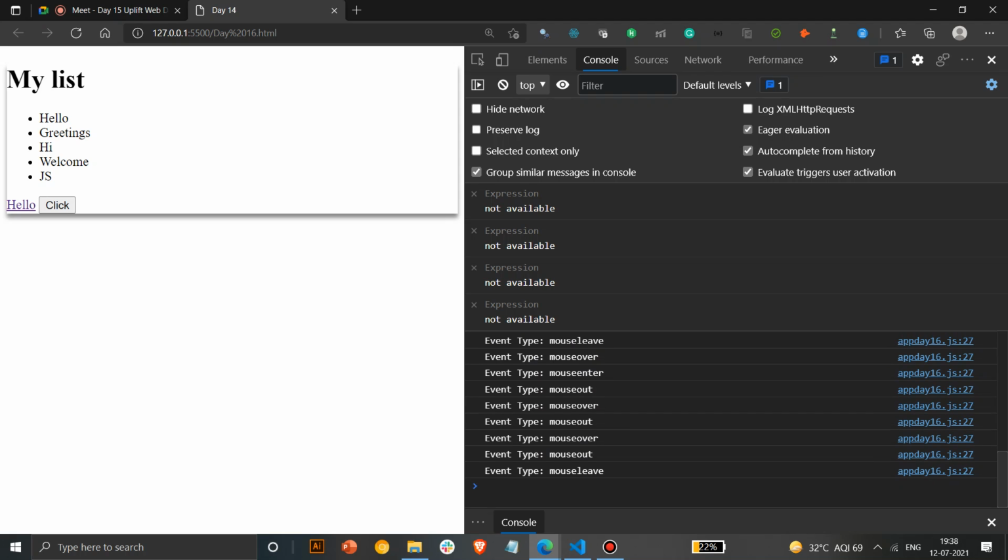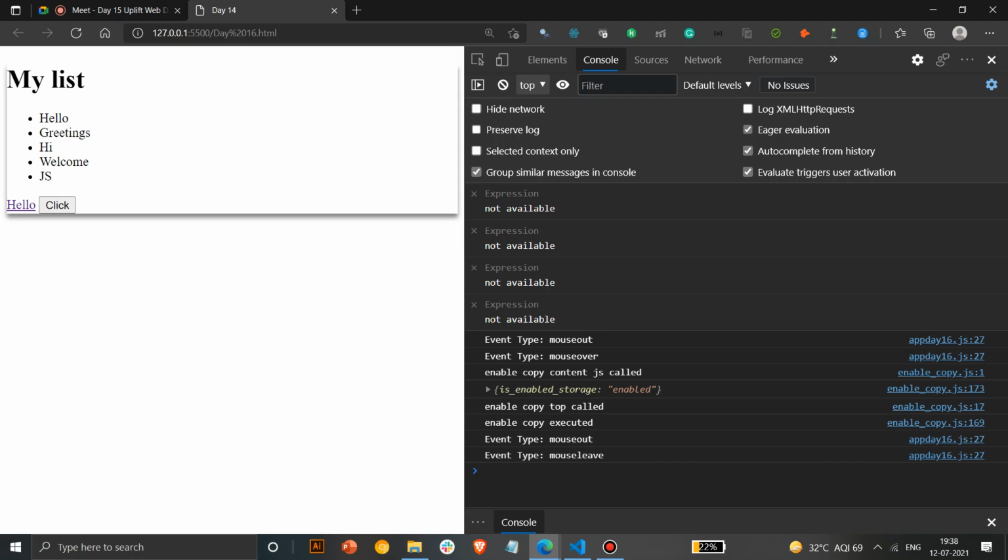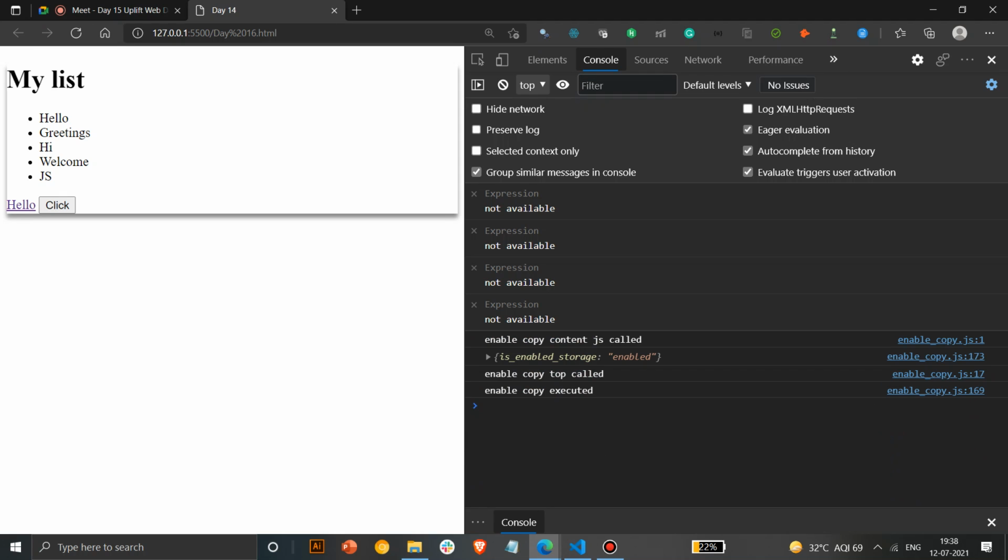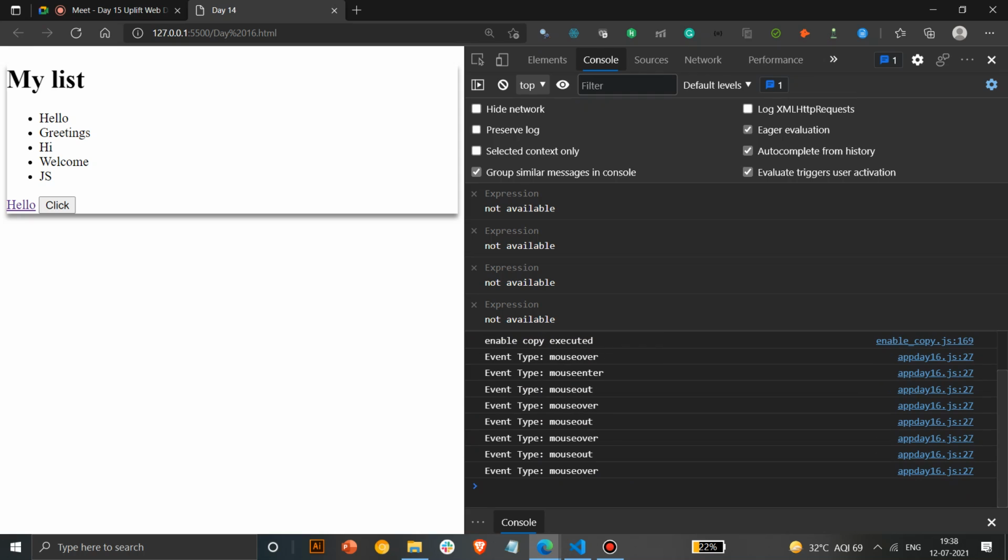Here wait a second, I'll refresh and start. Okay, by default it starts. As soon as I enter, both of them go inside. So mouse over and mouse enter start. No issues up till now. As soon as I go over some element, mouse over will say mouse out. Mouse out is started, and as soon as I leave it, it will go away.